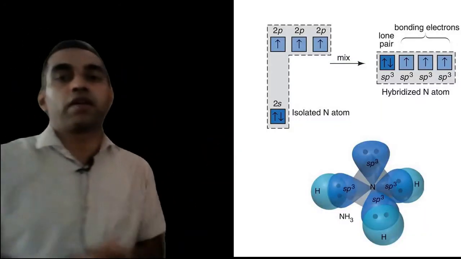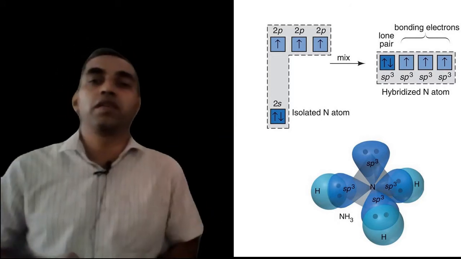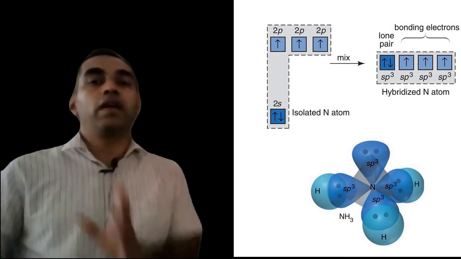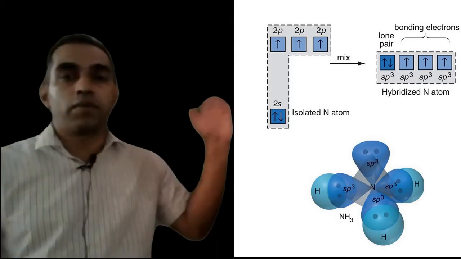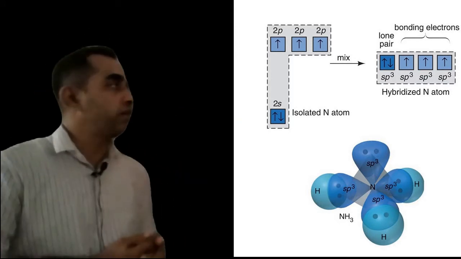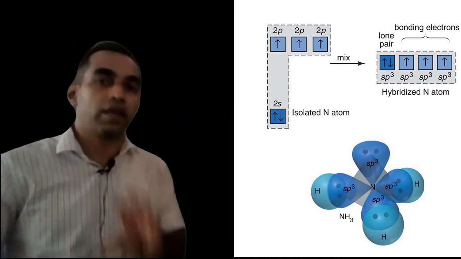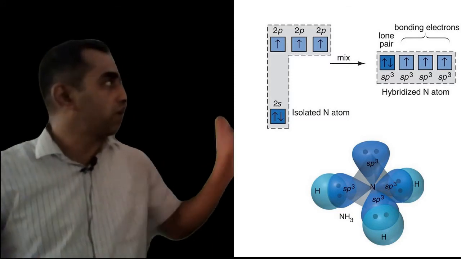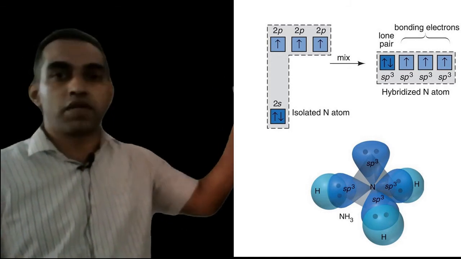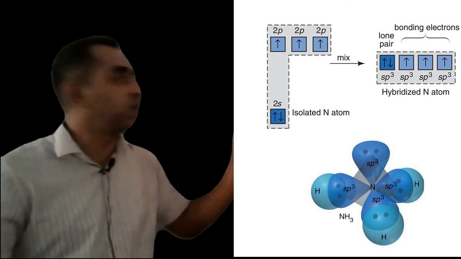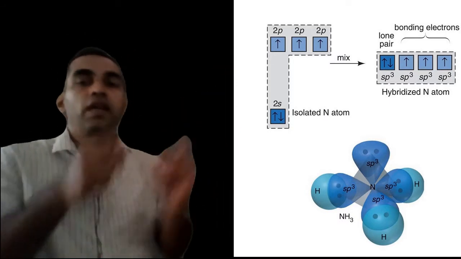Here the nitrogen atom has atomic number 7. So, the electronic configuration is 1s2, 2s2, 2p3, total 7. The outermost orbitals are 2s and 2p, and these valency orbitals have to be mixed to get sp3 hybridized orbitals. You have 1 orbital from the 2s subshell and 3 orbitals from the 2p subshell; mix them to get a total of 4 hybridized sp3 orbitals. These hybridized sp3 orbitals will now form bonds with 3 hydrogen atoms.